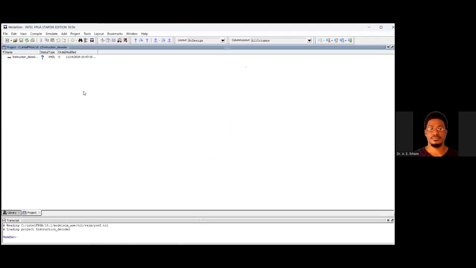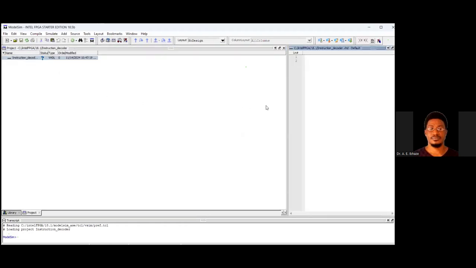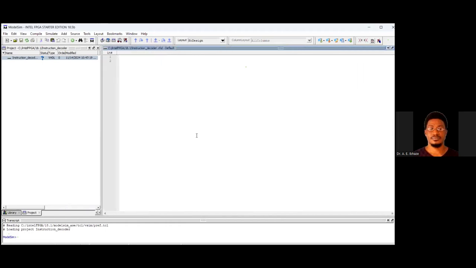Now you're going to double click on the new file, on the design file. Yeah, double click. Perfect. Can you expand this? Yeah, expand it. Let's begin our coding. So we're going to add some libraries, okay? So let's add some libraries. So type library